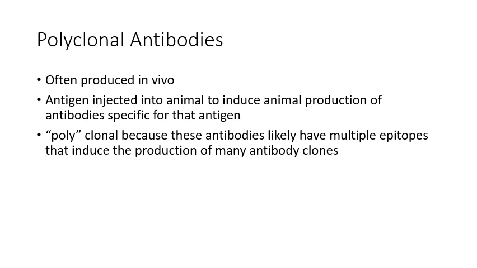Now, there are a couple of different types of antibodies, because sometimes we want to manufacture antibodies for the purposes of administering those antibodies to a patient in a healthcare setting. So we're going to talk about the difference between polyclonal and monoclonal antibodies. Polyclonal antibodies are where we'll start. These are usually produced in vivo. In vivo means they are produced in a living animal instead of in a test tube. The way this is done is you put the antigen into the animal and you get that animal, usually a rabbit or a mouse, to produce the antibodies that are going to be specific to that particular antigen